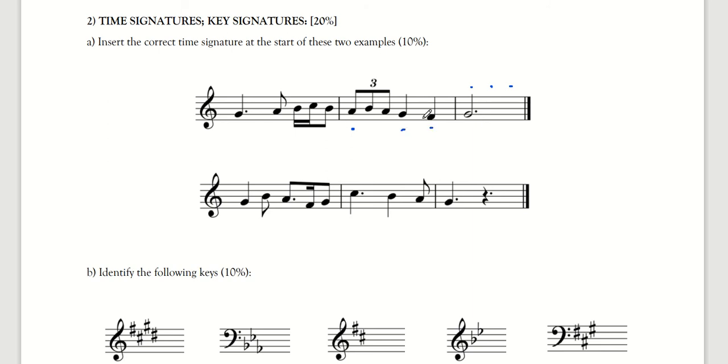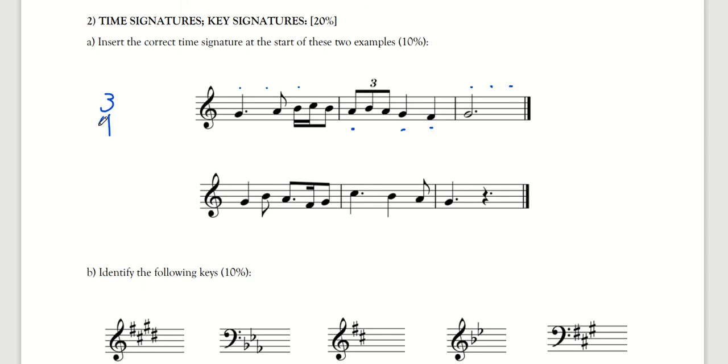So it's looking quite a lot so far like a 3-4 passage. Let's just check. So this dotted crotchet and this quaver is going to equal 2 crotchets, and then these 2 semiquavers plus this quaver are going to add up to 3 crotchets. So it's looking a lot like 3-4,